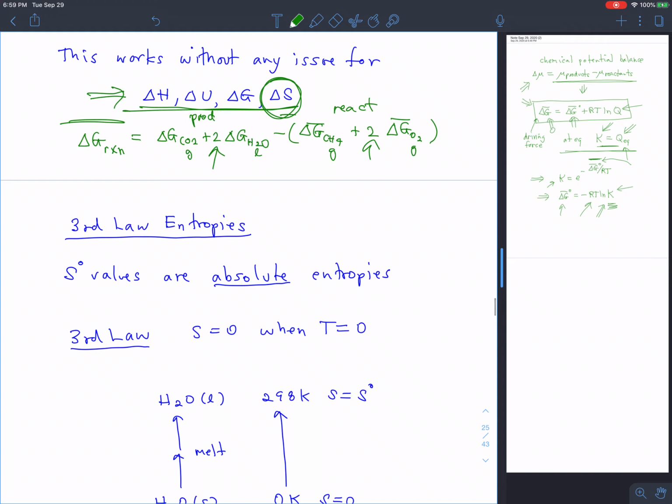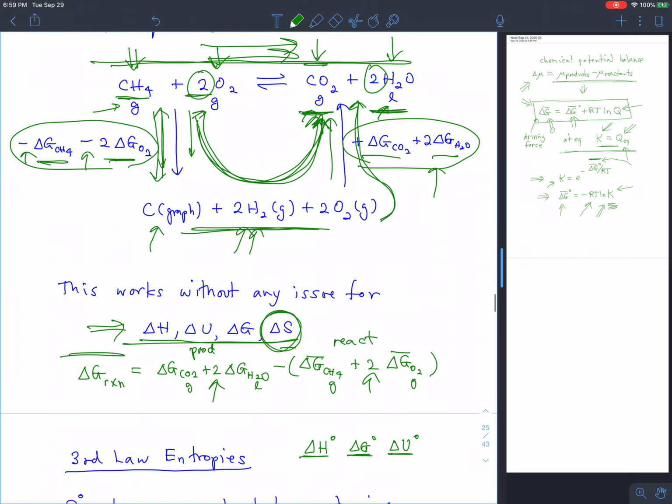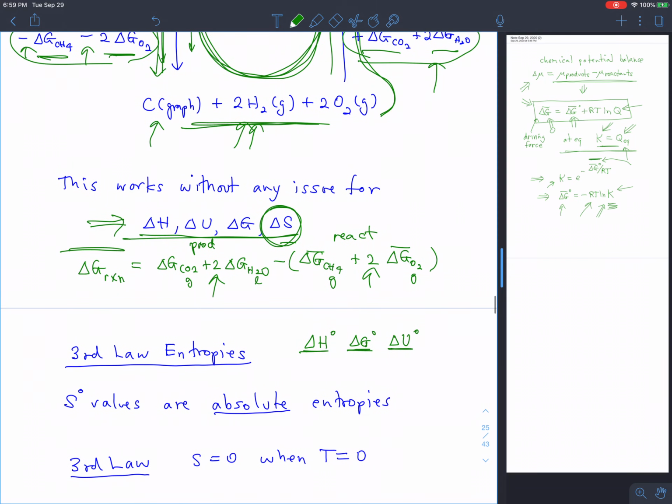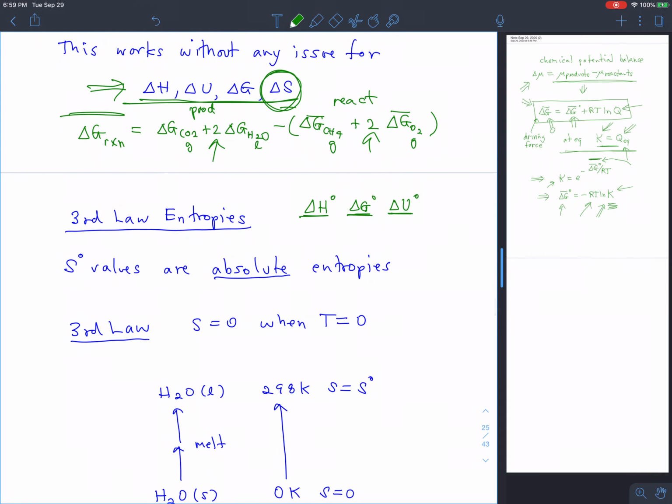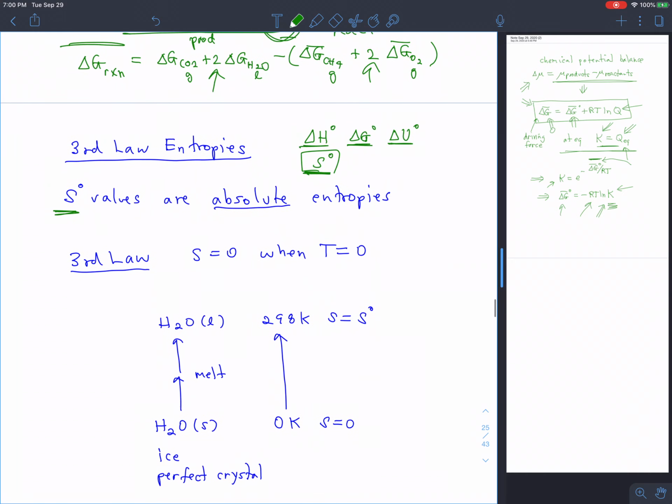For delta H, delta G, delta U, in other words, a change in H, a change in G, a change in U for the formation, for a reaction that amounts to the formation of a particular compound from its elements in the most stable state. But for S, it's not that. For the entropy, it's an absolute entropy. There's no delta in front of it. It's an absolute entropy that represents the